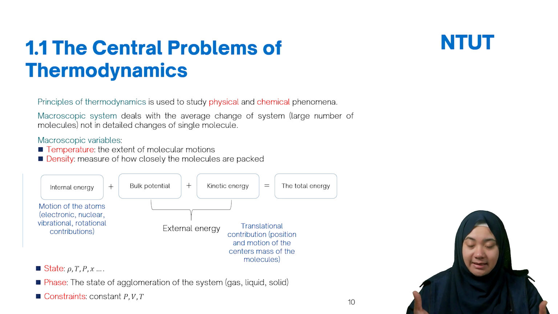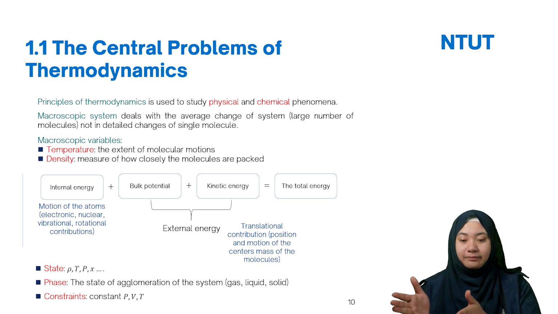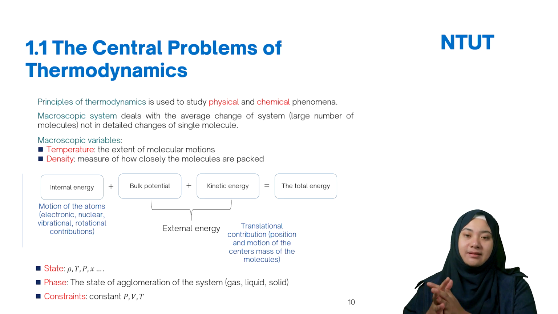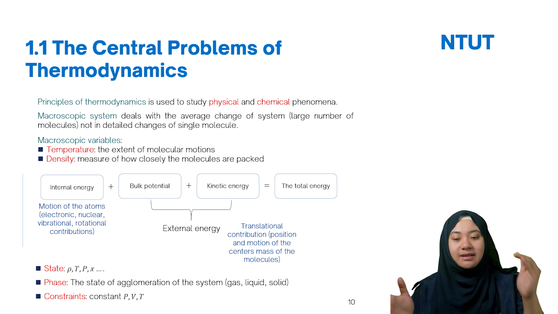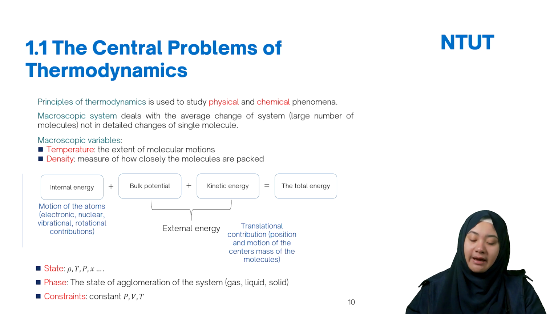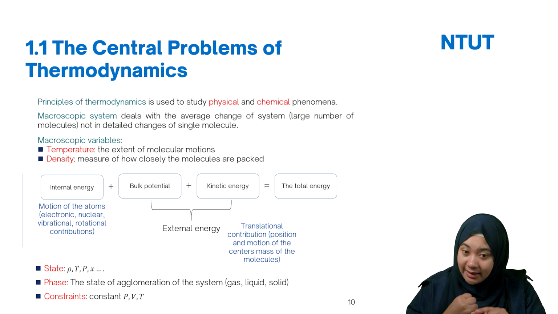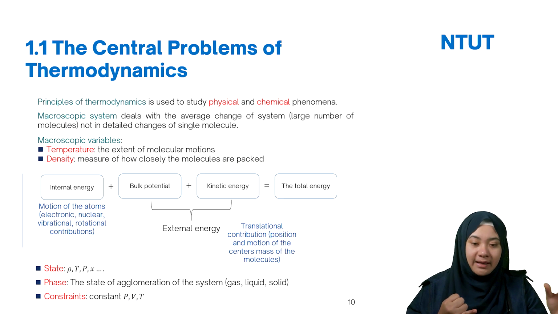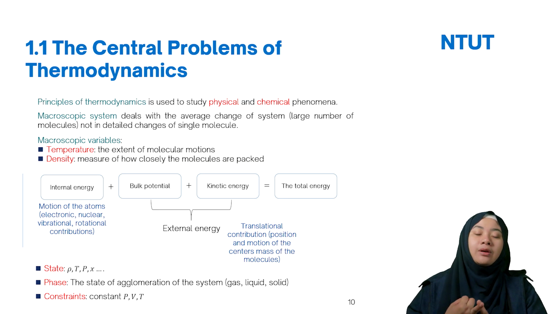And the constraints you can define in thermodynamics. I want to operate at constant pressure, or I want to control the temperature, so it's constant T but the pressure will change. This we call a constraint. That's why in thermodynamics we have isobaric. Isobaric means your pressure is the same, so P1 equals P2, P in equals P out. Isothermal means the temperature is the same, T1 equals T2 equals T.